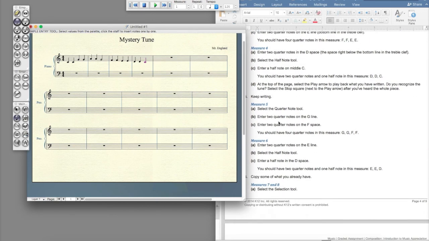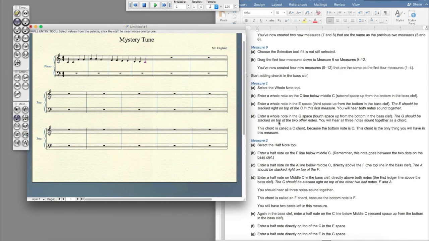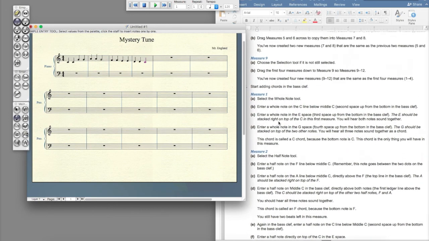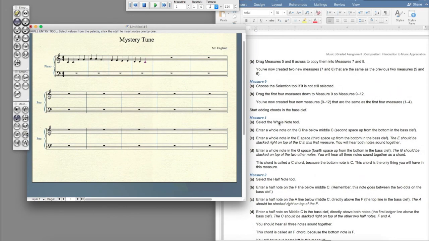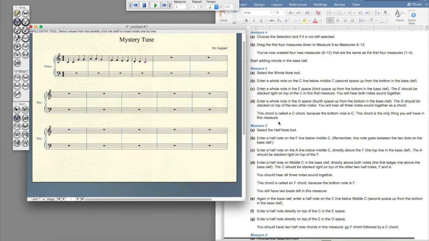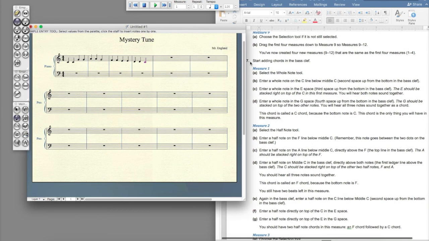So I'm going to skip over 5, 6, and we're going to move to measure 1 for part 7. We're going to start adding chords in the bass clef. Select the whole note tool. Boom. Okay. And we're going to add a whole note on the C line below middle C, second space up from